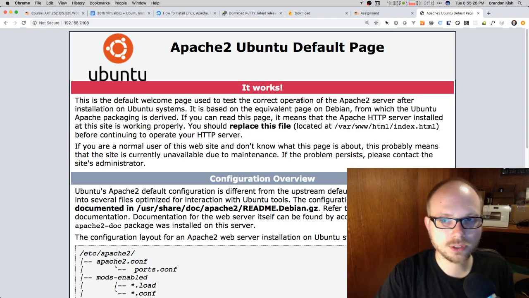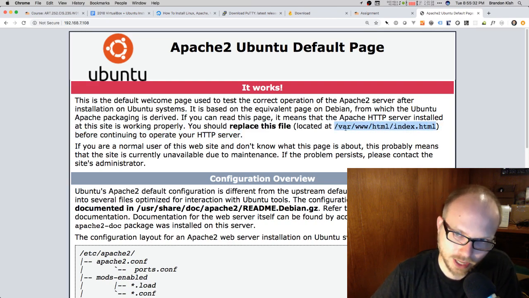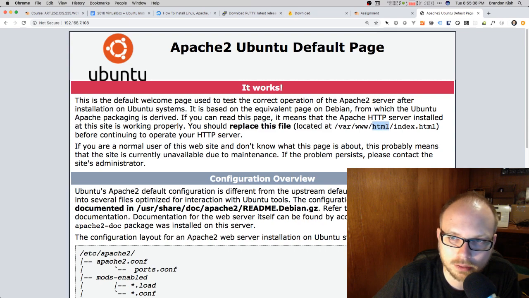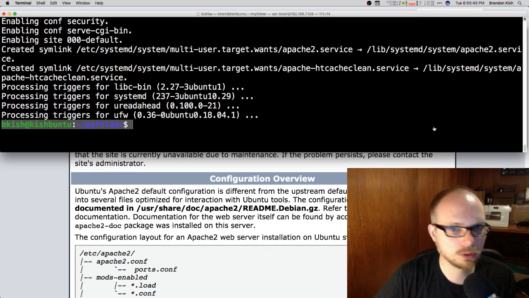What we want to do next is replace this file, or at least add our own file. And this will tell you that the folder that this file lives in is /var, a folder called var, and then a folder called www, a folder called html, and then right here we should know this. This is index.html. So knowing that, let's go back to